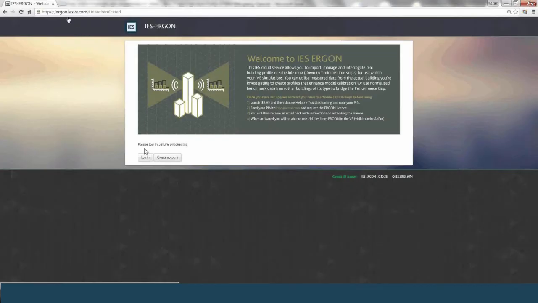Okay, so if you go onto ergon.iesve.com, it'll take you onto the splash screen. It describes a wee bit on the product. More importantly, it's giving you some instructions on how to activate your Ergon key. So Ergon on the web,